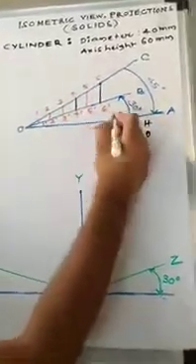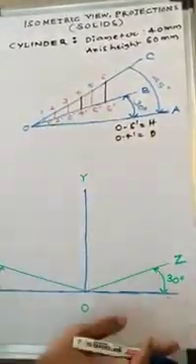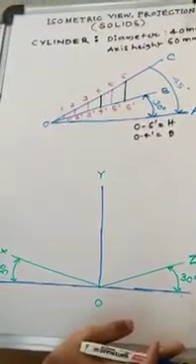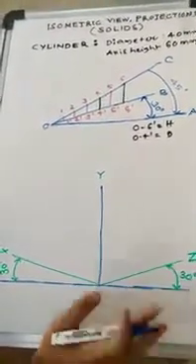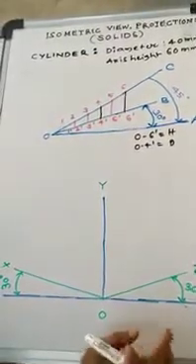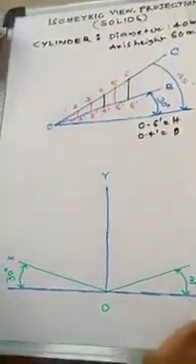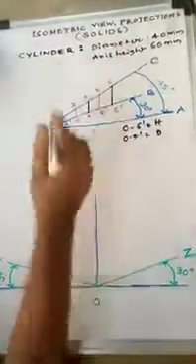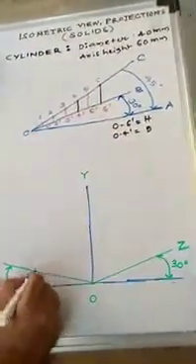Now I am drawing its projections. The cylinder is going to be enclosed in a square prism exactly. So to draw the cylinder we want to use the 4 center method. Now the diameter is going to be 40. I am locating this point.